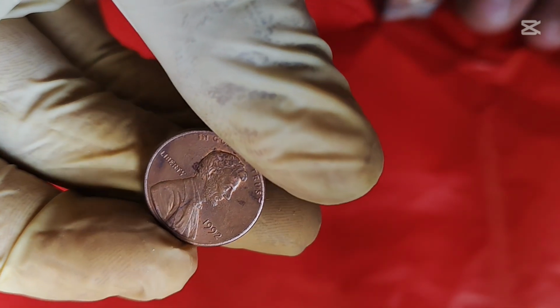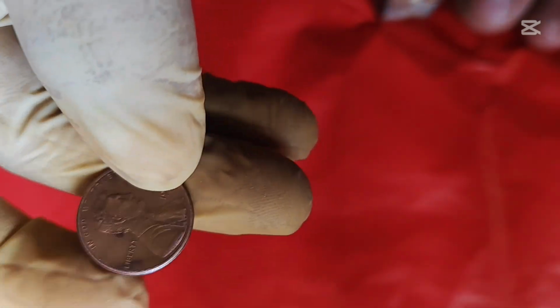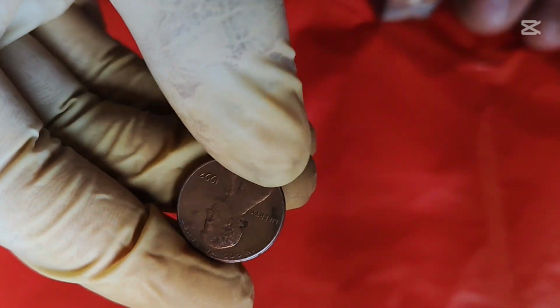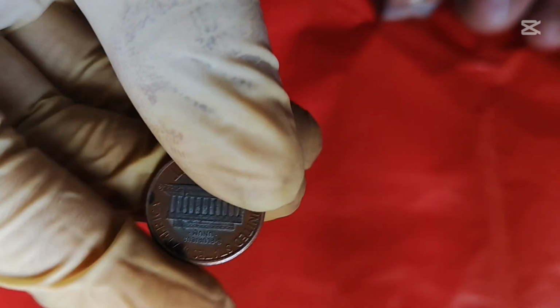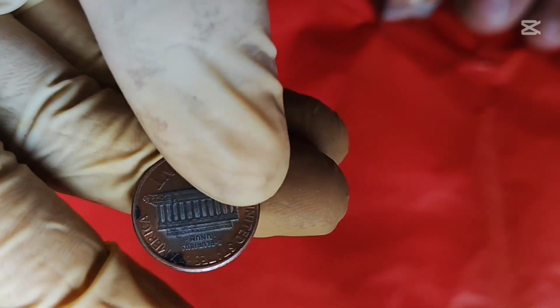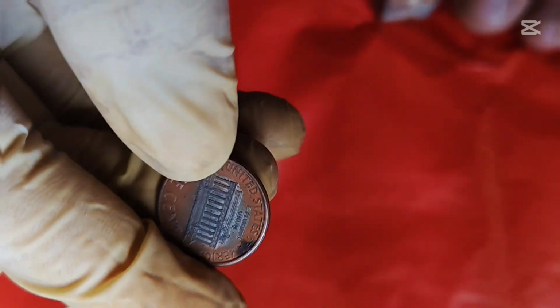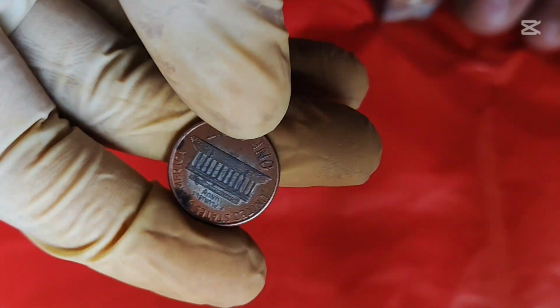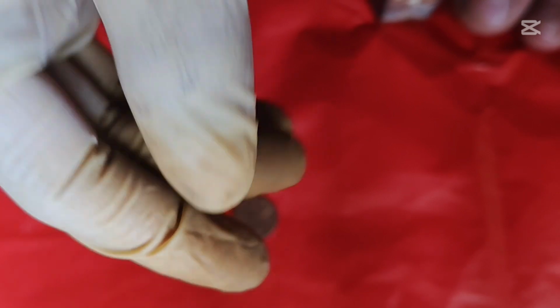Market value of the 1992 No Mint Mark 1 cent coin. Now, let's talk about the part you've been waiting for. How much is the 1992 No Mint Mark 1 cent coin actually worth today? The market for rare pennies has been booming, with some examples selling for thousands of dollars. In high-grade mint condition, this coin has been known to fetch as much as